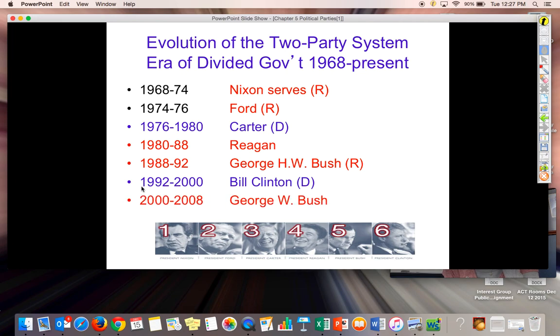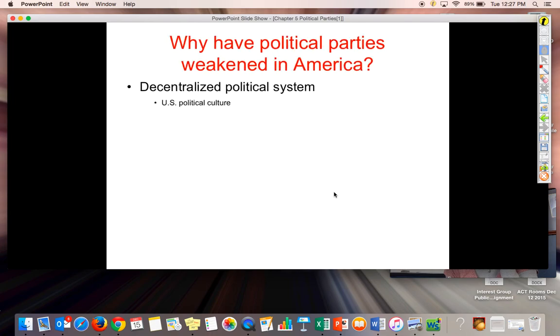So Clinton's vice president, Al Gore, was the Democratic nominee in 2000. Al Gore ran against George W. Bush, and George W. Bush, in one of the closest presidential elections that we have had, did win that election. In 2008, George W. Bush is term limited, and the election goes to Obama. And President Obama does win, and he has a two-term presidency, which will be up on January 20th, 2016, when the new president will be inaugurated. So those are the eras of the two-party system. I hope you understand that basic part.